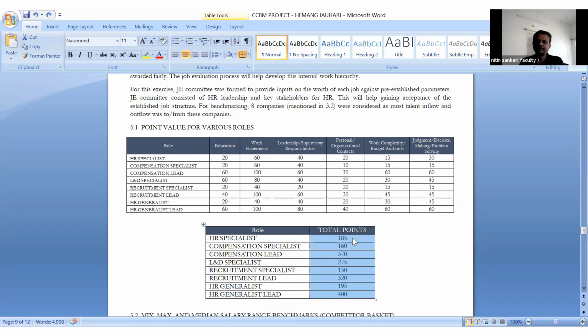I use a technique called market regression, where for each point value I put down the market salary. Normally I select the mid-range, the median. But if some company says, I want to be a very good paymaster, they might select not the median salary, but the 80th or 90th percentile salary, which is a very good salary in each market, and put it here.